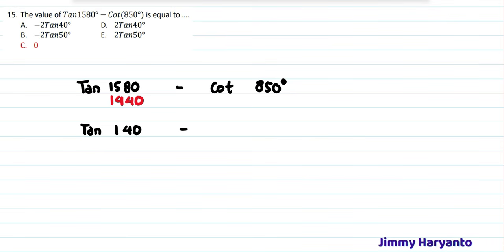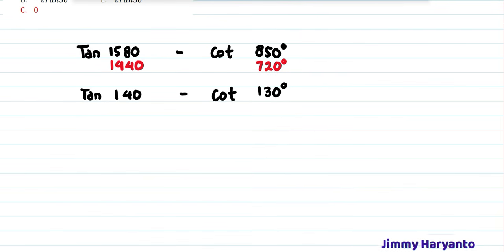So for this one, the multiple of 360 that is near 850 is 720. That means this one is cotangent, you minus it, you'll have 130 degree. What? Another cotangent, oh my god. Okay, so